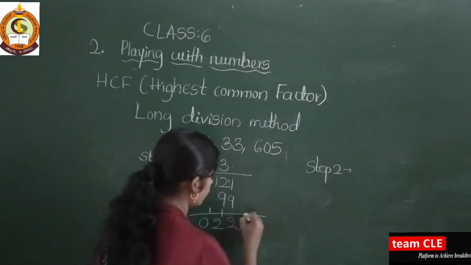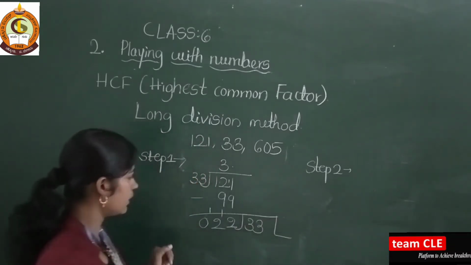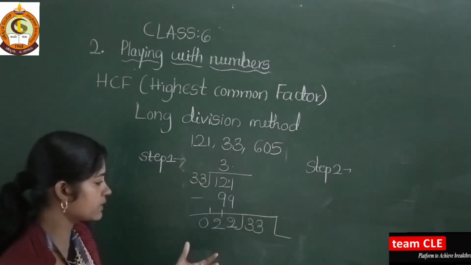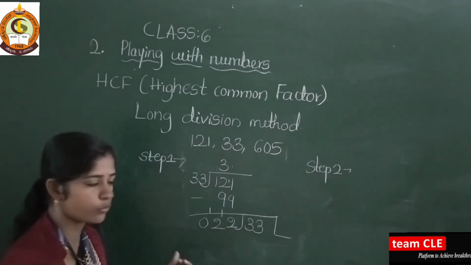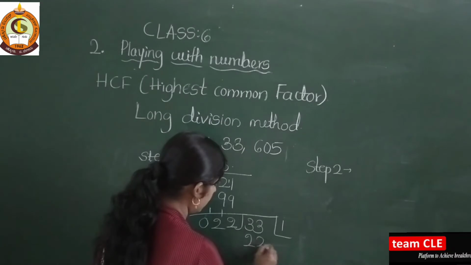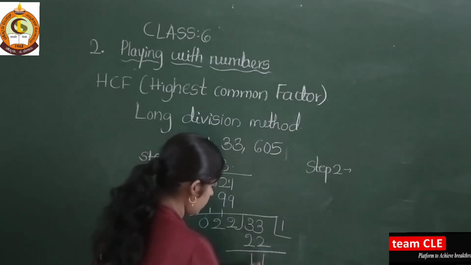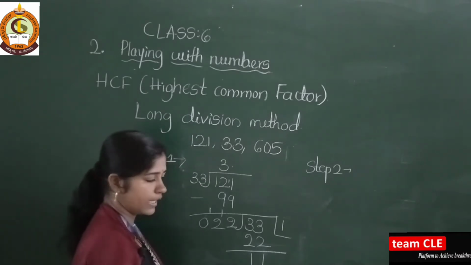Again, what I need to do here is take 33 and divide it by 22. So 22 times how much? 22 twos are 44, which will be too big. So directly take 22 ones are 22. 3 minus 2 is 1 and 3 minus 2 is 1. So here again I got the remainder 11.